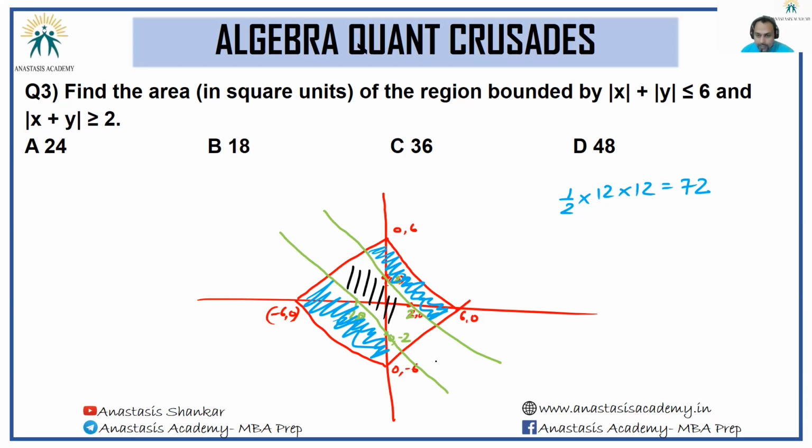Let's see what this area would be like. First thing we need to identify are these intersection points. The gap between these 2 points is 4. The slope here is 1. The slope here is 1. Each of the expressions has a slope of 1 only, so not a problem. Slope here is 1. Slope here is 1. So a gap of 4 would be covered when you move 2 rightwards. So the coordinates of the point here would be (2, -4). The coordinates of the point here would be (4, -2). The coordinates of the point here would be (-4, 2). And the coordinates of the point here would be (4,